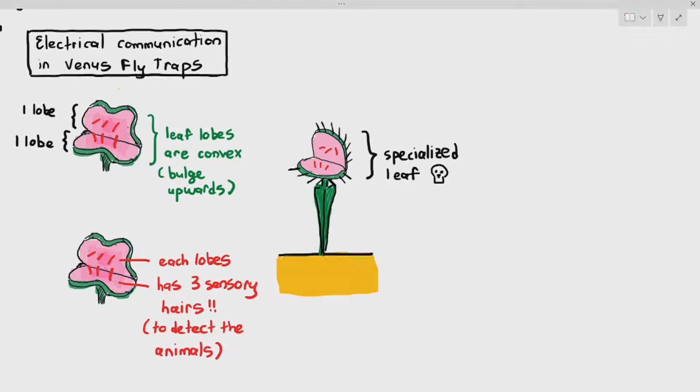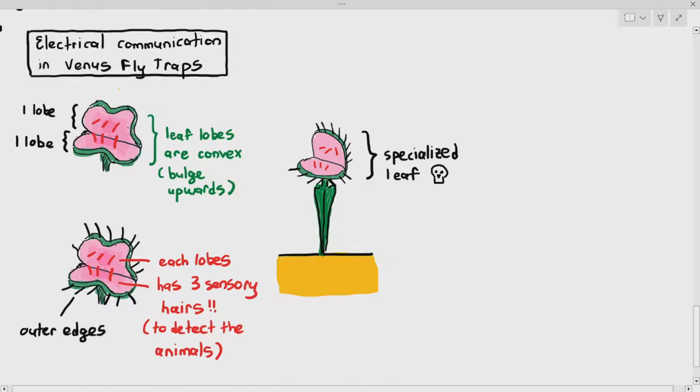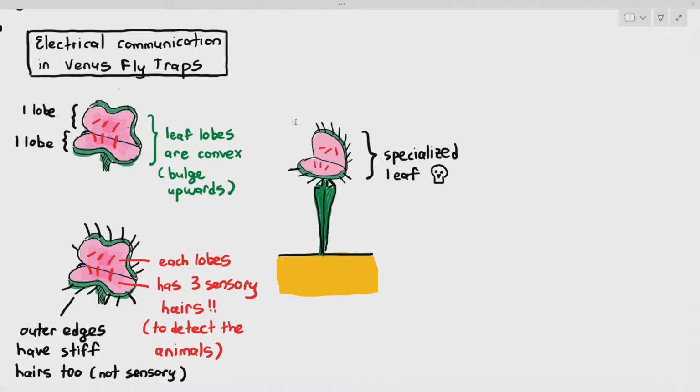Now, on the edge of the lobes, they have stiff hairs. You have to be careful. Stiff hairs, the ones which are black in color, they look like needles. Those are not sensory hairs. They are just called stiff hairs. The sensory hairs are those ones which I've drawn out in red, and they are only located within the lobes as well. Okay, so you need to know the difference between the sensory hairs in the lobe and also the stiff hairs